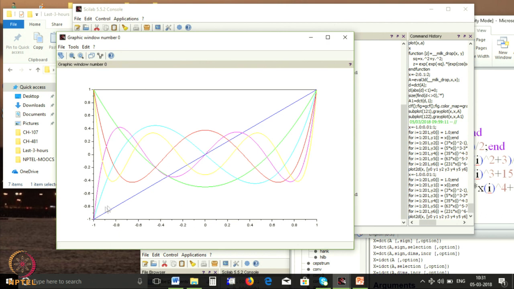You will see that the third function has one oscillation, the fourth function will have 2 oscillations and so on. So, it has plotted all the 7 Legendre polynomials here, and the advantage of Scilab is you can get a plot instantly. So, plotting is instantaneous. You can really visualize whatever work you are doing. In Fortran it is a lot more difficult. You have to do all the calculations, save it in a file, take that file somewhere else and plot it.